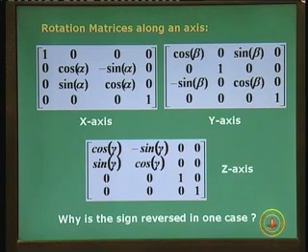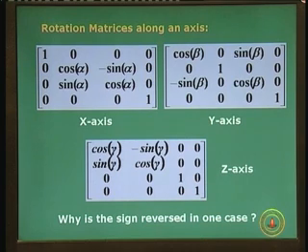An important property which we have to spend time on here, I am not sure whether you have noticed, is with respect to these three matrices which have been basically borrowed from the concepts of 2D rotation. There is one sign of alpha or beta or gamma where the sign is changed, that we know why, because this concept came from 2D. But you see here the position of the sign is different in one of the cases, that means the sign is reversed in one of the cases. Why? Let me try to explain what I mean here.